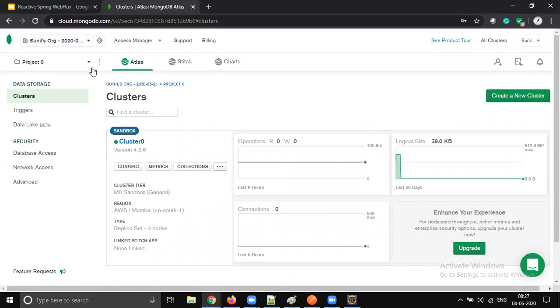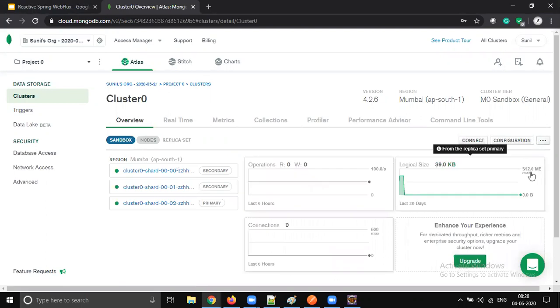Okay, so let's go to MongoDB and create a cluster here. It won't ask you any credit card details, and it creates some replicas. Just select the region which is nearest to you, and make sure you choose the free type. There are some limitations we have with this free type.